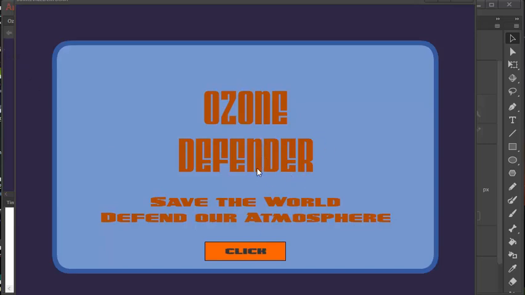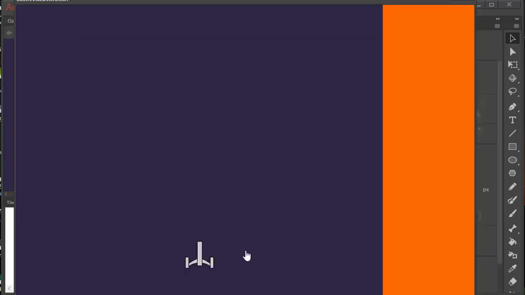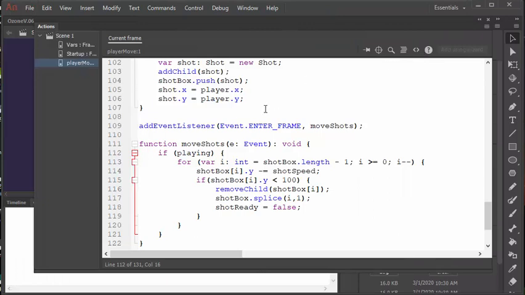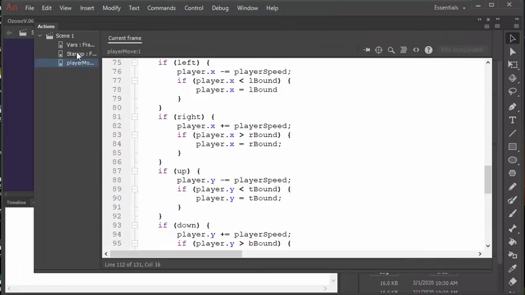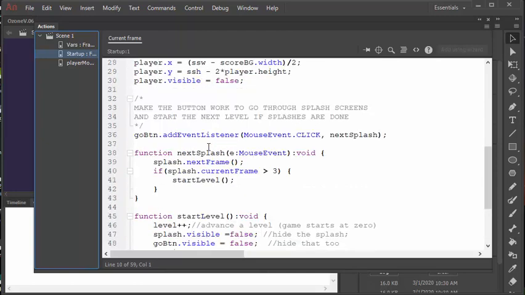So, you should have some stuff kind of like this, and we should be bouncing through those screens. The one thing it's missing, well, it's a guy shooting, it moves around, all that stuff works. The one thing that's kind of messed up, based on my previous episode, is that when you go through your startup frames, it only goes to the directions frame. What it should do is actually show